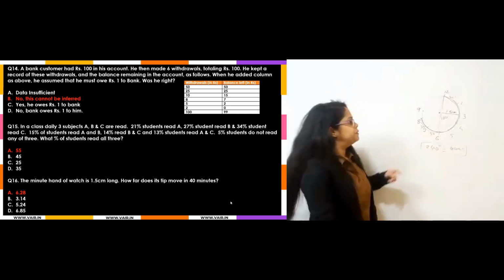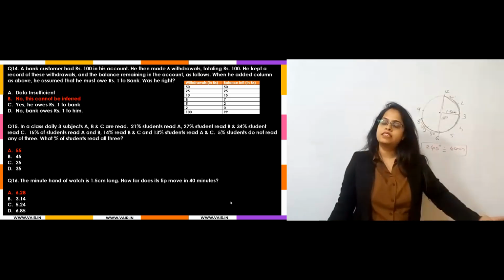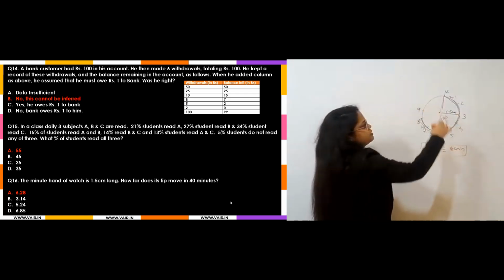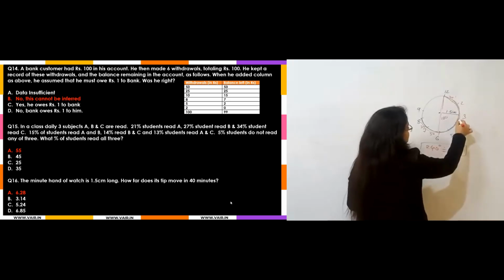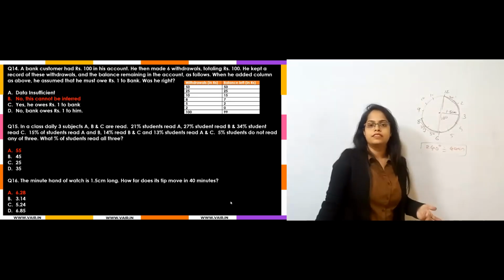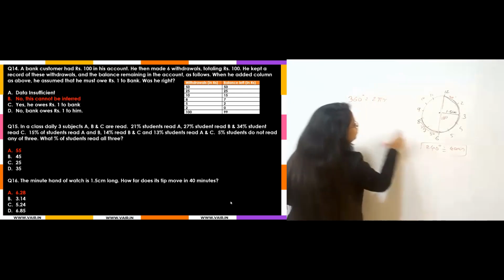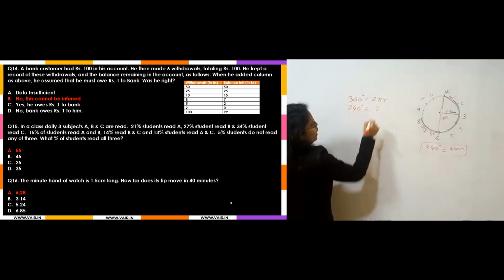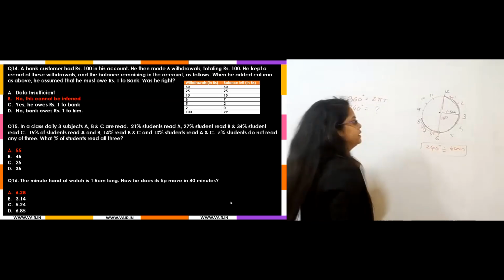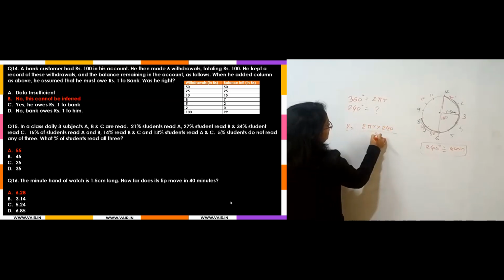Now what I know is that if the minute hand completes a whole round from 12 to 12, it covers 360 degrees and covers the complete circumference of the circle. Isn't it? 12 से लेके फिर से 12 तक आना, which means it is completing the circumference. So total distance कितना cover होता है? 360 degrees is equal to 2 pi r. Then 240 degrees is equal to what? Why 240 degrees? Because they are asking for 40 minutes, and 40 minutes is nothing but 240 degrees. So let's solve. The question mark will be equal to 2 pi r into 240 divided by 360.